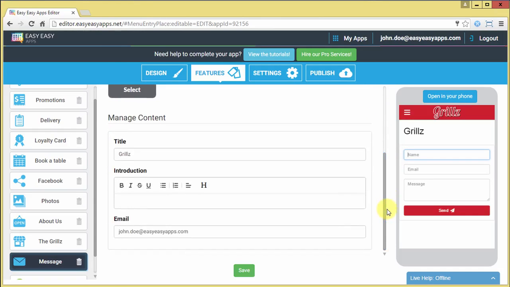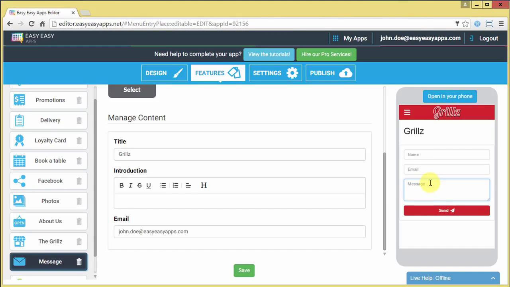In this form, the user will be able to enter his name, email, and a message. When the user presses the Send button, you'll receive an email with the information that the user entered, meaning you'll receive the name, email, and message that the user entered in the form. The user's name and email will allow you to communicate with the app's user, while the Message field will allow you to see the request or comment that the user made.